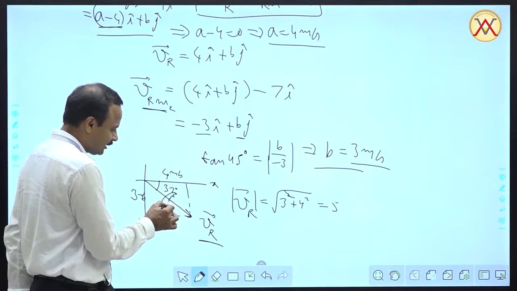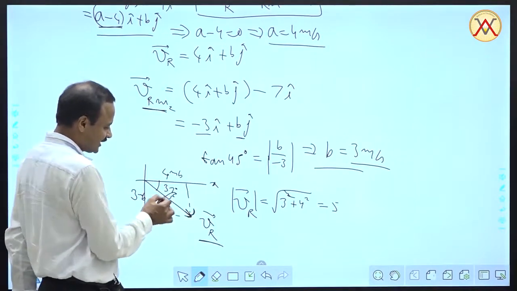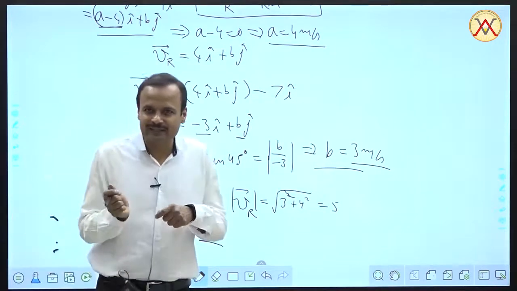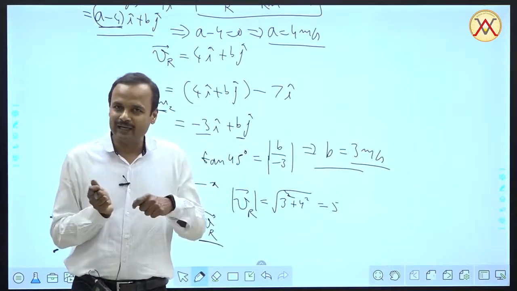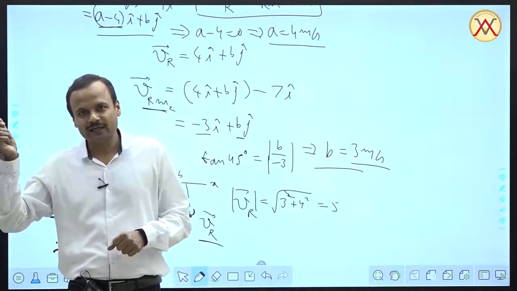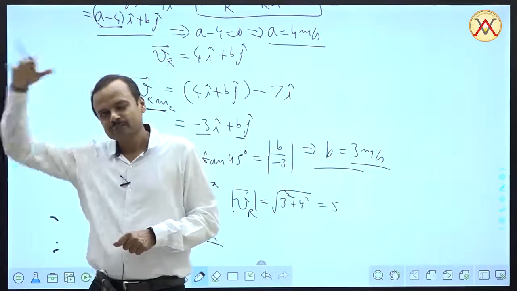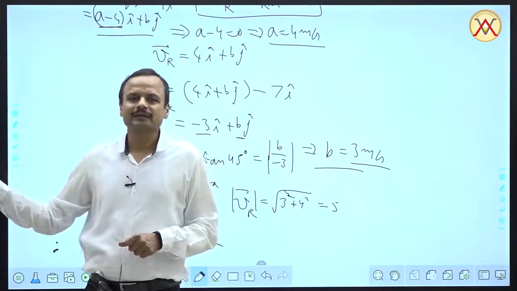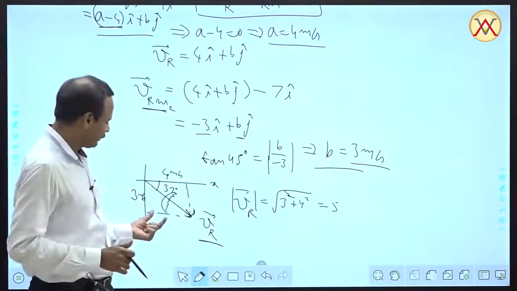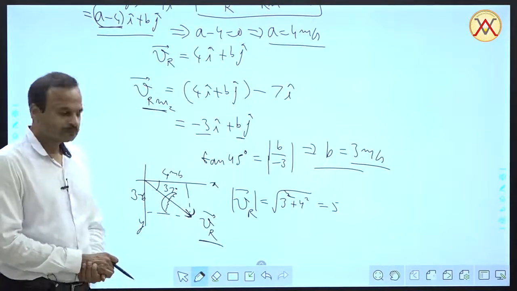So in that case, rain is coming in this direction, so he should hold his umbrella exactly opposite to this. He should hold his umbrella something like this. If the person is standing like this, that will be the best way to hold your umbrella. The pole of the umbrella should be aligned to the direction of rain, and the fabric of the umbrella should be kept as far as possible perpendicular to the rain. That will protect him in the best way from the rain.